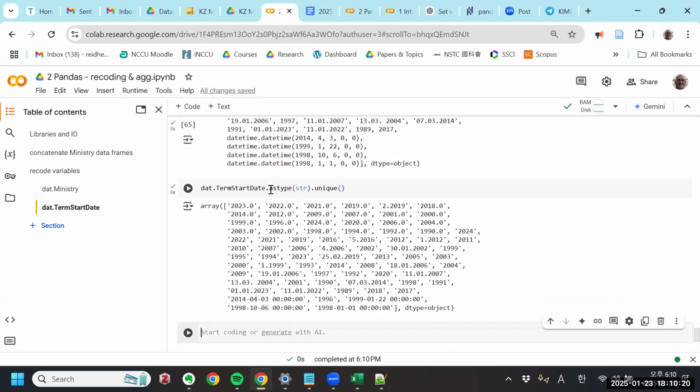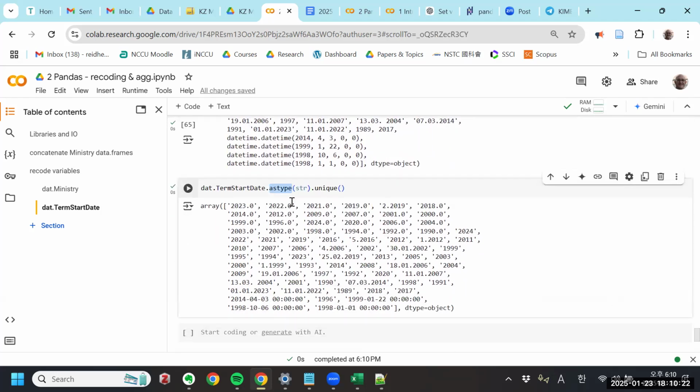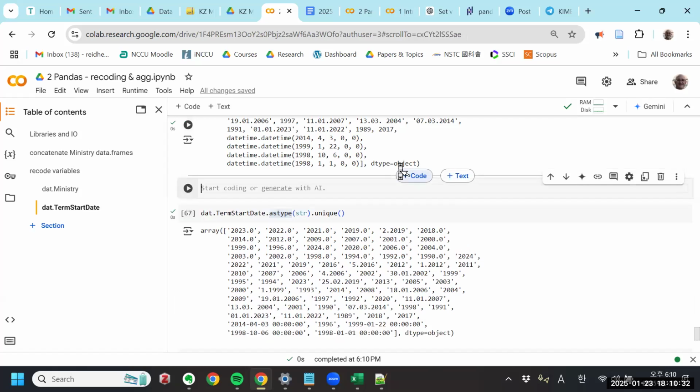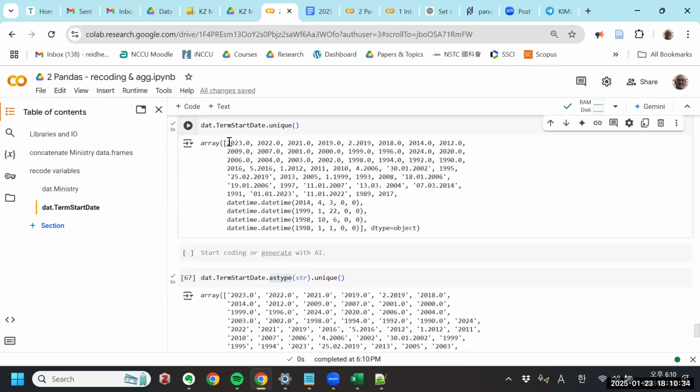Okay. So you can use this astype function, astype works on a series, right? So right now I have an object. Some of these objects are strings. Some of these objects are floats. See, these don't have quotes around them, right? So those are actually like decimals. Those are floats. Some of these are strings. Some of these are like